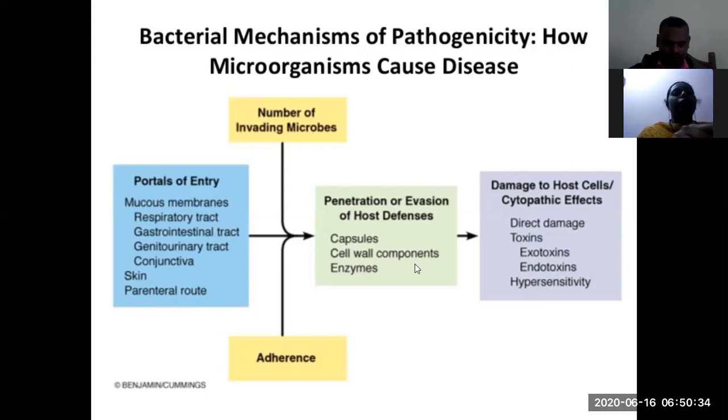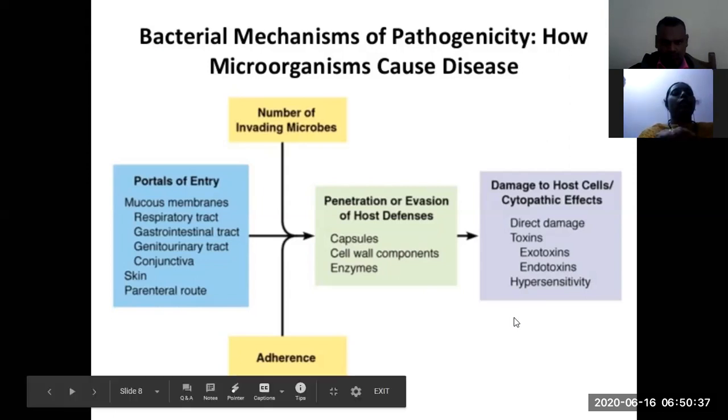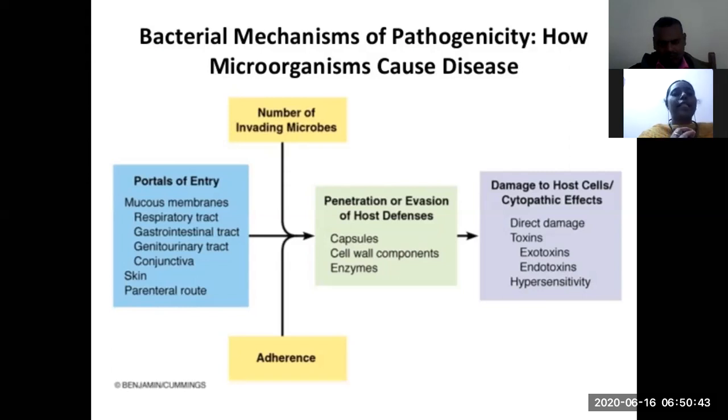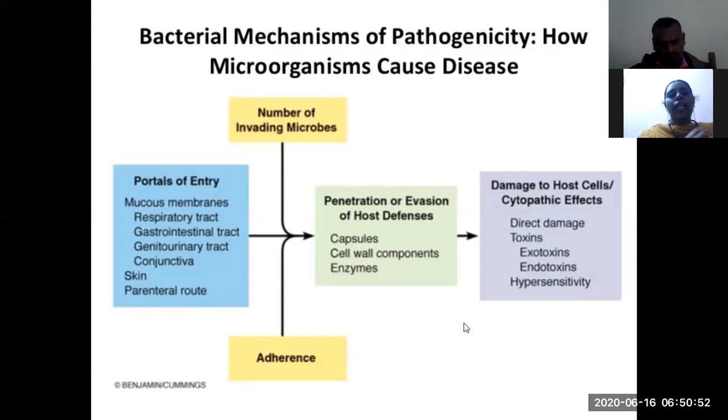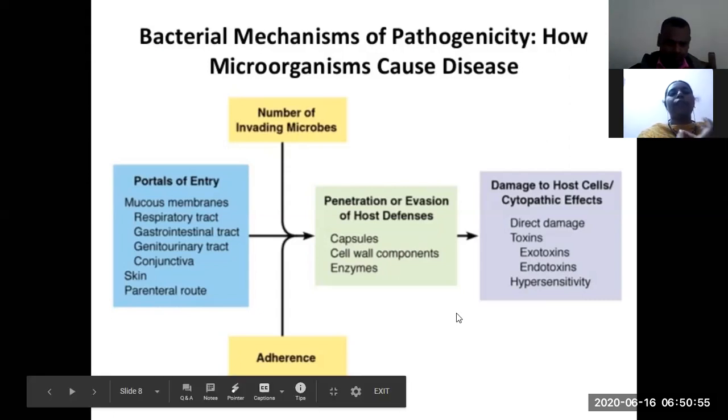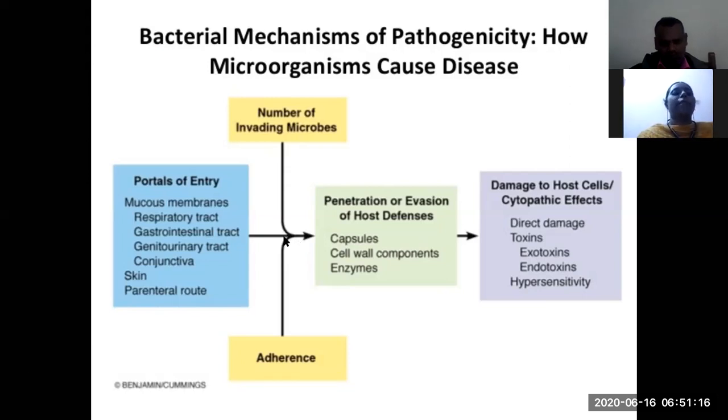Okay, and in between the first entry and penetration, there are two things. One is the number of invading microbes, that is, the causing of disease depends upon the number of microbes. If one or two bacteria enter the body, for example, our body has natural immunity. Our body has the capacity to fight against all the pathogens. So if one or two enter our body, it naturally fights and kills the microorganism, it kills the pathogen. So there will be no disease. But if it increases in number, then it results in some diseases.